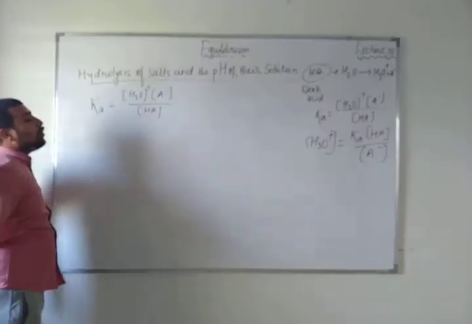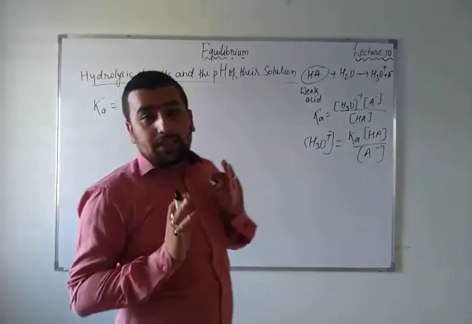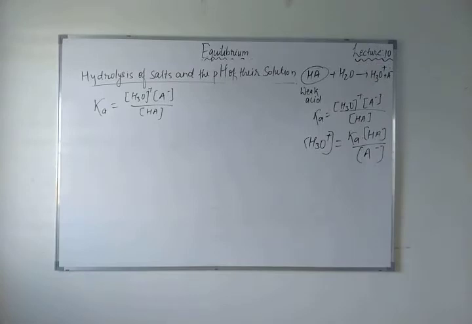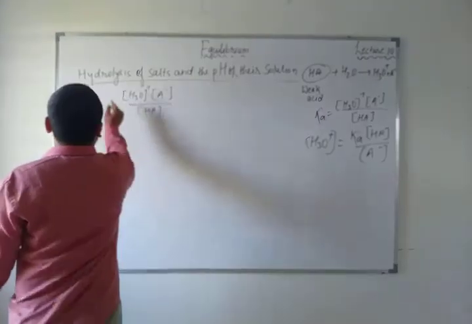Here we are taking logarithm on both the sides, left side and right side. First of all, how will we take logarithm? We'll take it in the form of pH. So the value of pKa will be